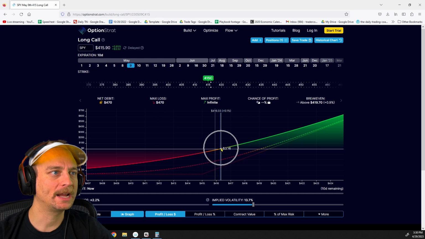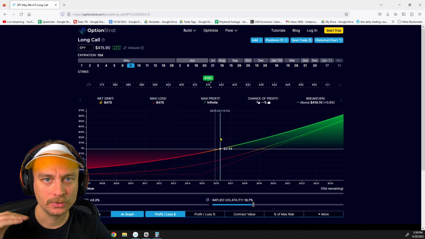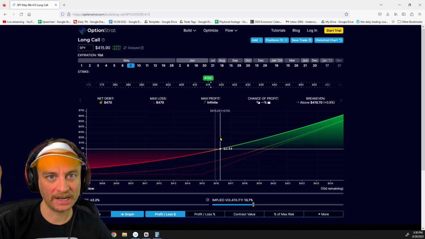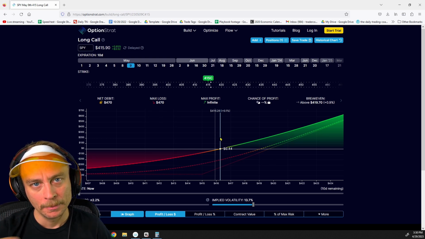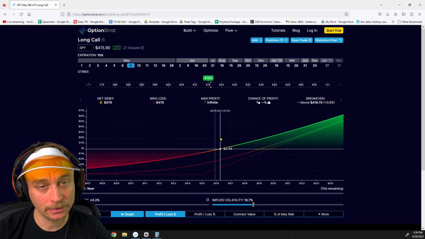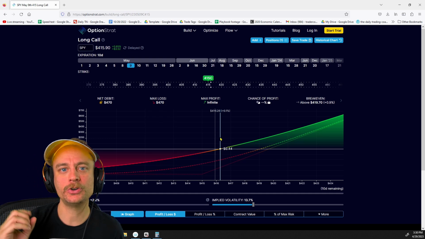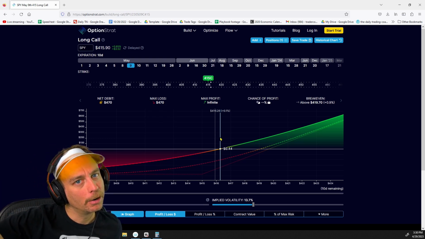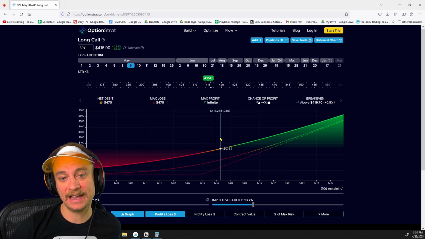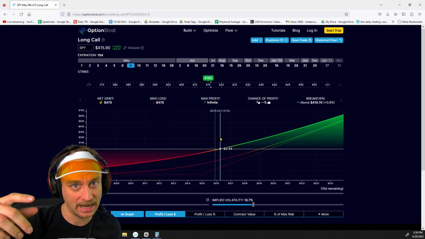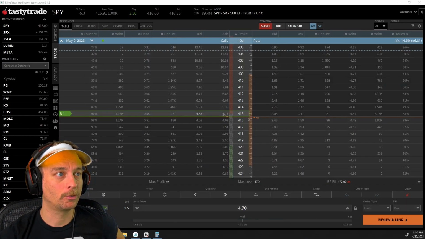Assuming we buy it right now, it's going to immediately make us money as soon as the market goes up. And it's immediately going to start losing money as the market goes down. But remember I said this thing has 10 days till expiration? Well, here's the problem. Not only do you need the market to move in your favor, but you also need to do it kind of quickly, because as time starts to decay, we already looked at the bids and offers over time. They start to become worth less and less.